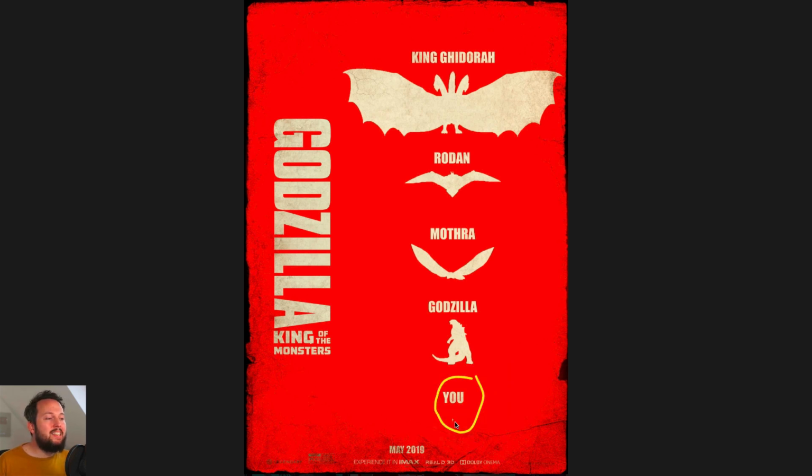So you can actually see the scale difference between a person and all the rest of the monsters. And it almost works like an infographic where you can clearly see the size of these monsters and the differences between them. And although it's a minimalist design, it still has some nice textures and grunge details around the edges, which works well. And although there's only 2 colors, I think they are really well selected, gives enough contrast, and